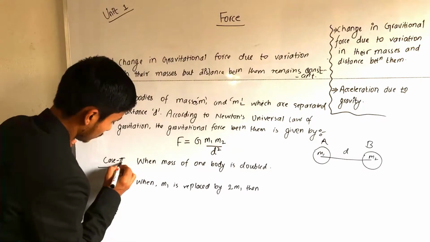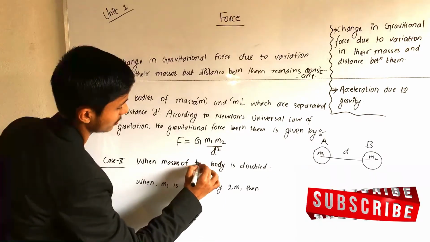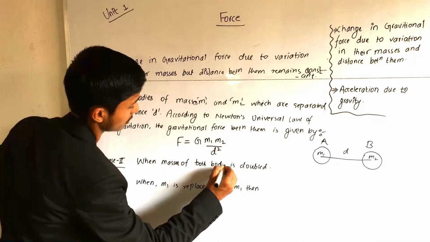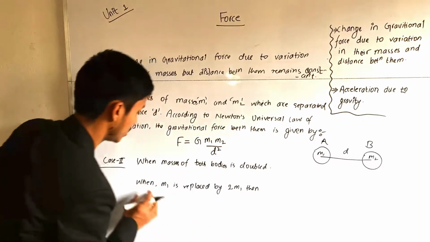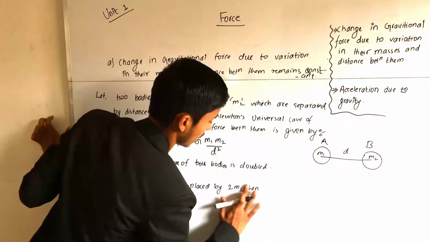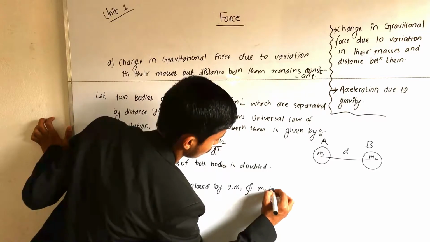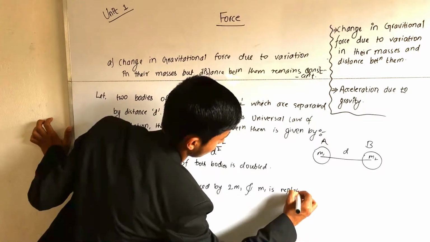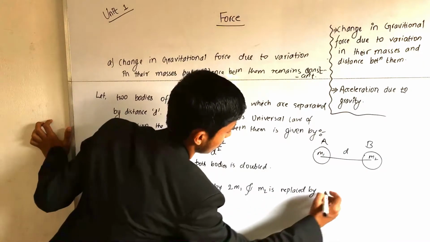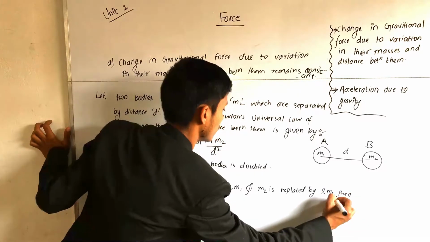Let me write here case 2, when the masses of both bodies are doubled, that is when m1 is replaced by 2m1 and m2 is replaced by 2m2, then